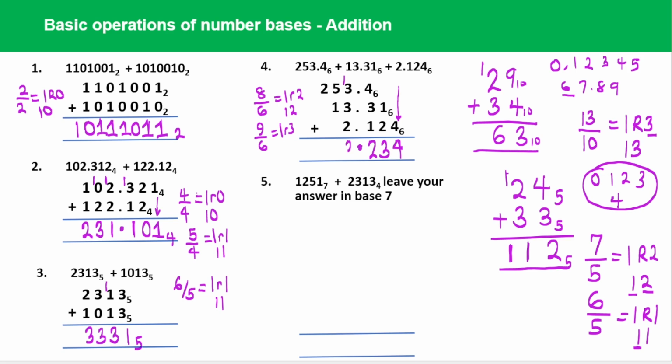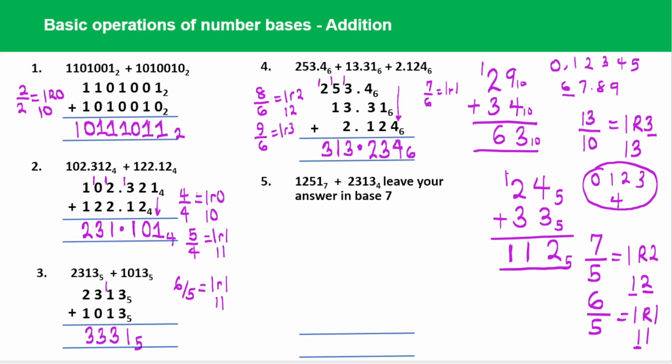So that will give us 3, a remainder of 3, we carry 1. 1 plus 5 is 6. 6 plus 1 is 7. 7 again is above our base, so we can't write 7. So again, we do 7 over 6. That's 1, remainder 1. That's 11. So we write 1, we carry 1. Then 1 plus 2, that will give us 3. So our answer to this is